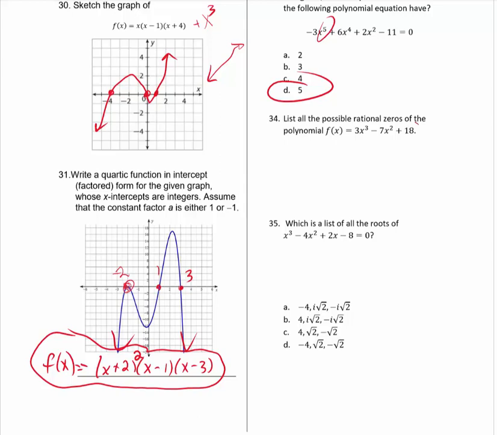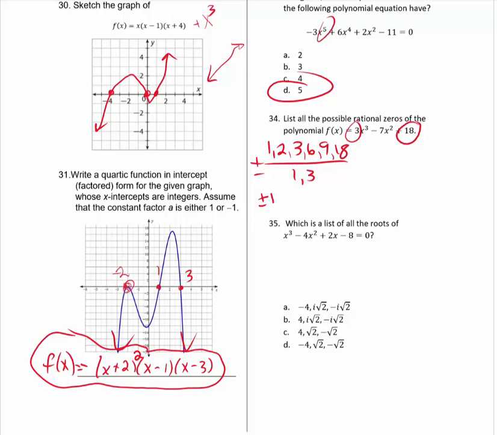So that's where we take the factors of this over the factors of this and make a list. So the factors of 18: 1, 2, 3, 6, 9, and 18, over the factors of 3, and they all can be positives and negatives. So I'm going to put all of these over 1, and I'm going to put all of them over 3. I'm not going to repeat the ones that are the same in both. Some of them on the second way through are going to cancel to be the first set of things